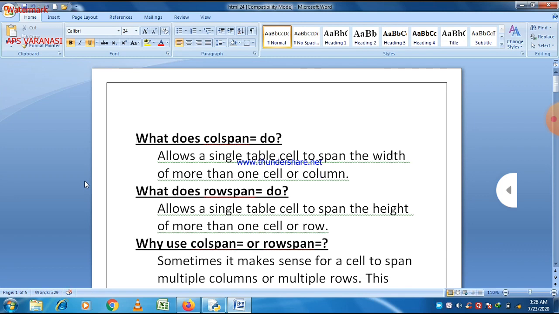And these attributes are used with TD, and TD is basically a tag used to define table data, and TH is defined for table heading. So it is used with TH and TD. Most of the time it is used with TD, and this is a very important question for your board examination,